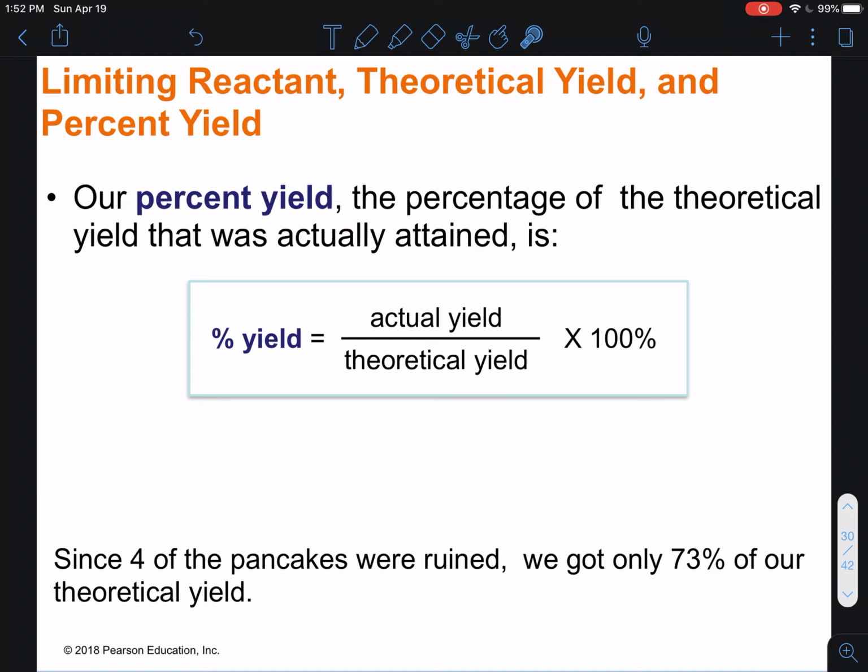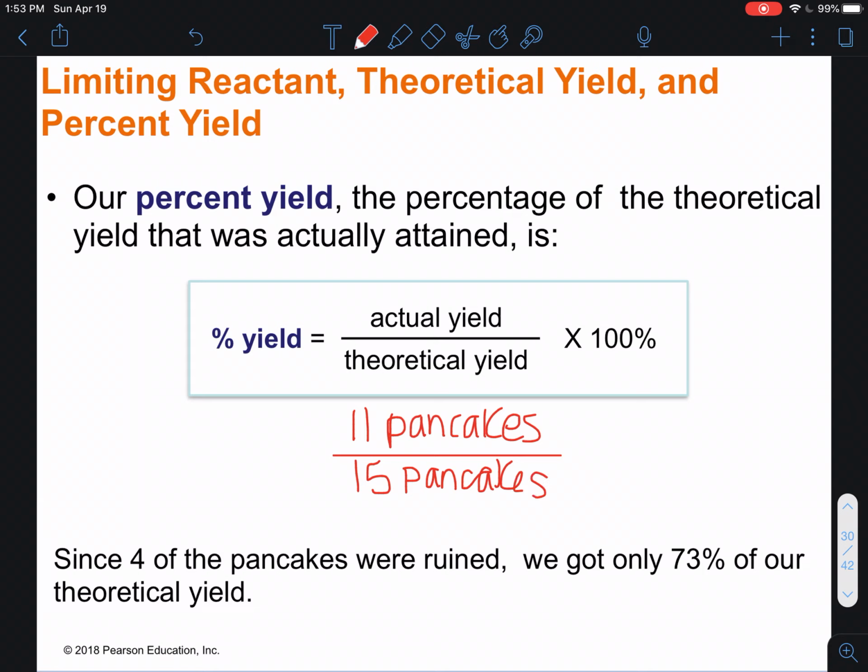All right, so if we know our actual yield, which was 11 pancakes, and if we know our theoretical yield, which was 15 pancakes, we can calculate percent yield by taking the ratio of the two and multiplying by 100. And that will give us about 73%